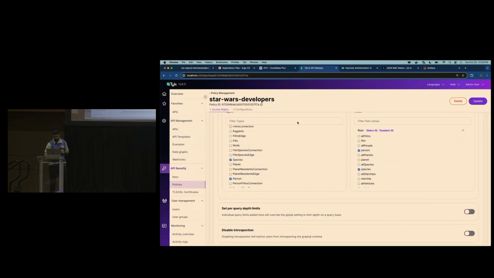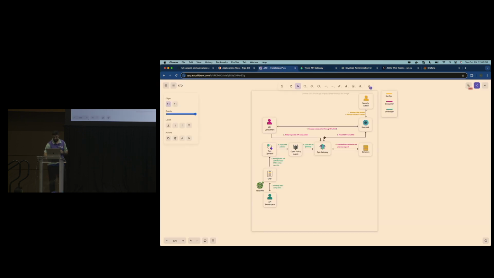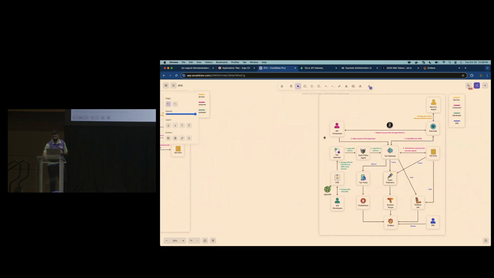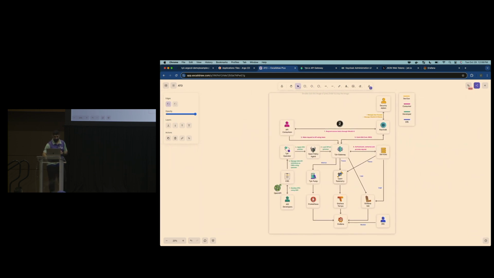All right, so now that we did all of this, we're coming close to the end of this. The last part of the journey is the observability part. So with this, in this diagram, all I added was the OpenTelemetry part, Prometheus, Tempo, and Loki. And we can take a look at all the requests that we have seen go through our service and see traces, logs, and metrics based on that.